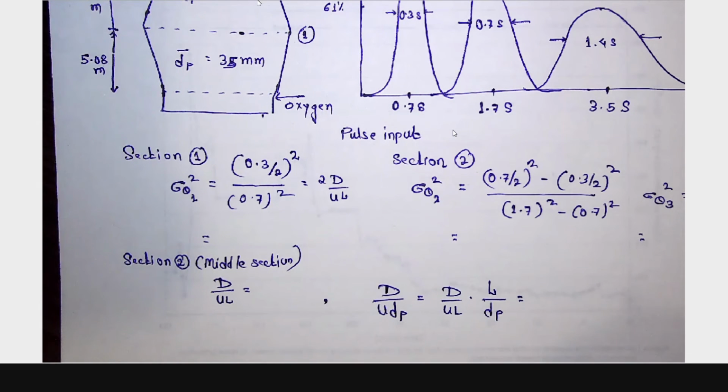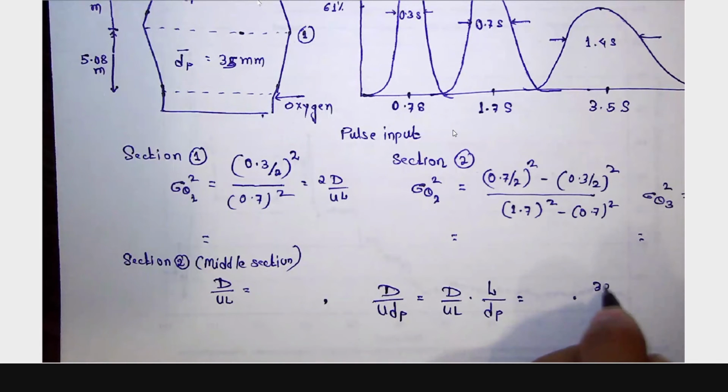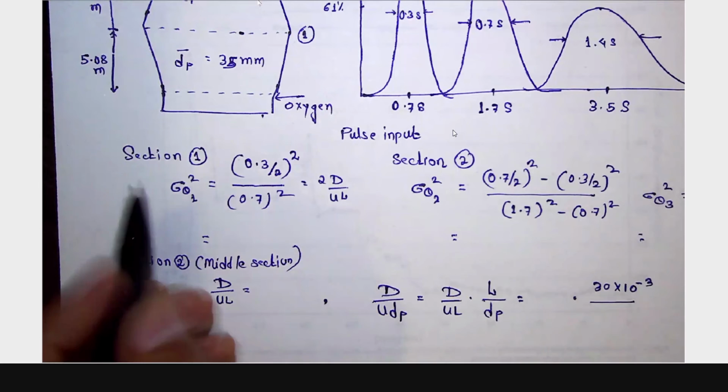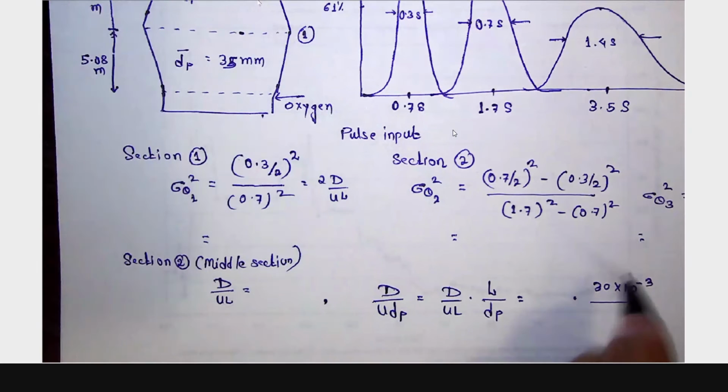So whatever value you will have, dispersion number, L will be the length, that is 30 mm, and diameter of the, sorry, not 30 mm, it should be here. Length will be